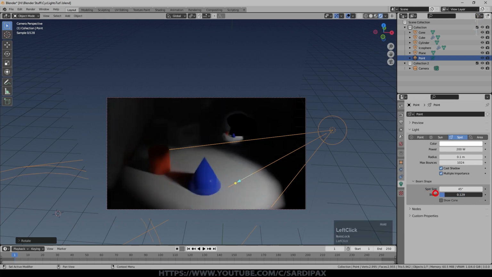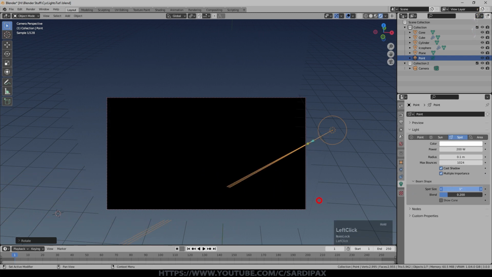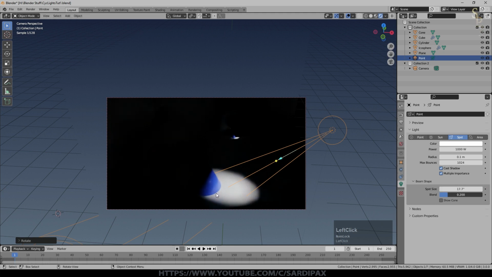And then what we can do, and I'll just leave it with a little bit of blend, is affect the angle of the lamp. So this is how wide this spot spreads. So if I turn this right down, I can go all the way to 1, and you may see it's just illuminating a little bit there. Maybe I'll put 1000 watts on it so we can see a bit more. And as I turn it up, it illuminates more and more of the scene. And of course, we're starting to get light bouncing off other things, bouncing off this surface, then off other things, and then finally finding its way to the camera.